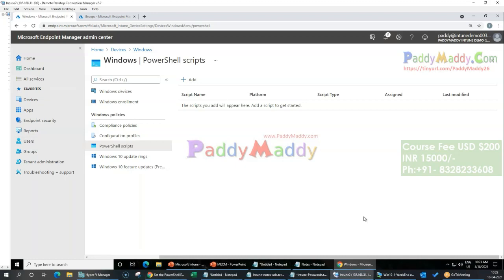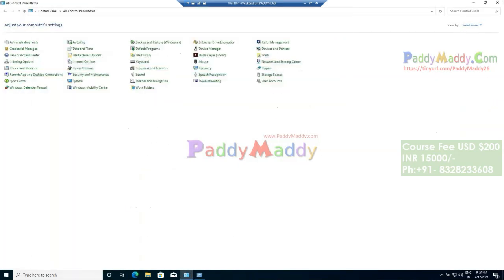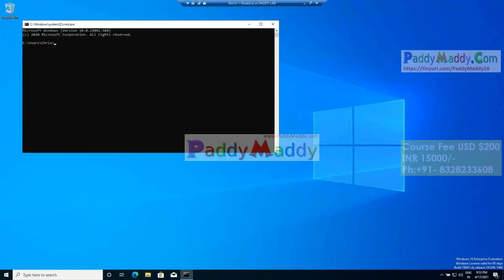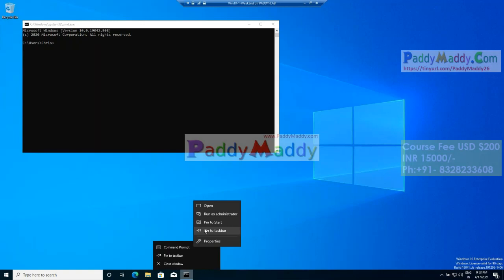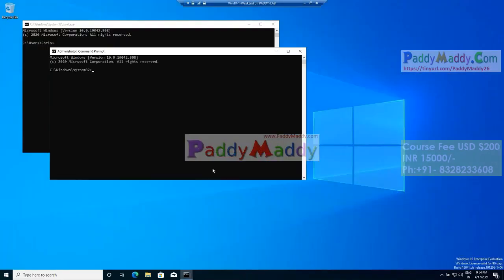I'll show you something on a Windows 10 machine. For now, let's say I want to execute some kind of script. Either you have to implement some group policy settings to automatically execute the PowerShell scripts. Within PowerShell, you have something called